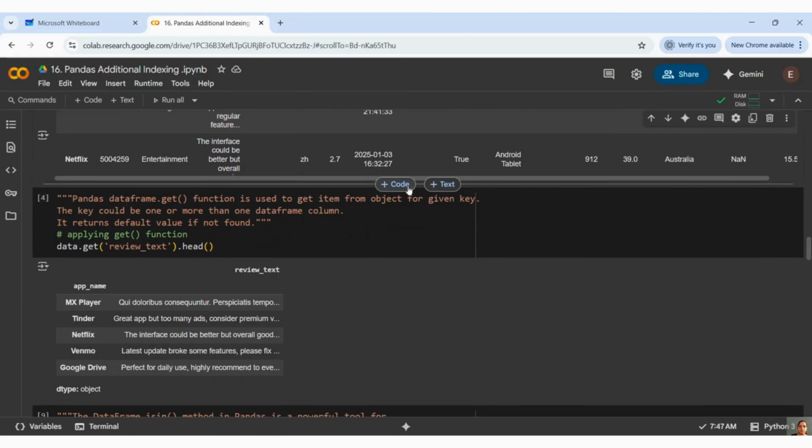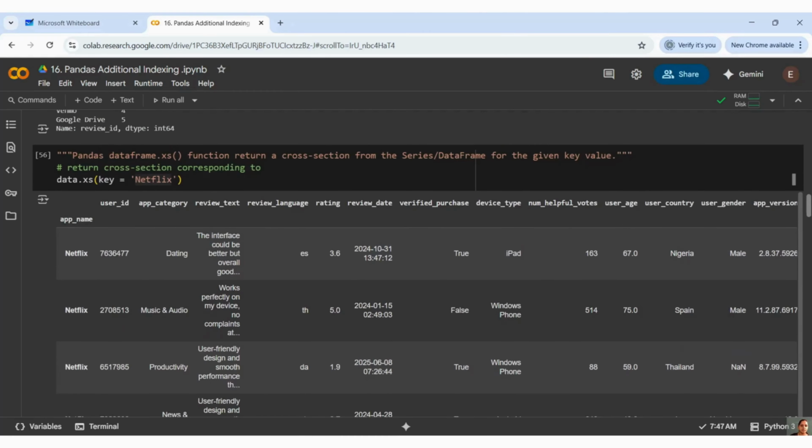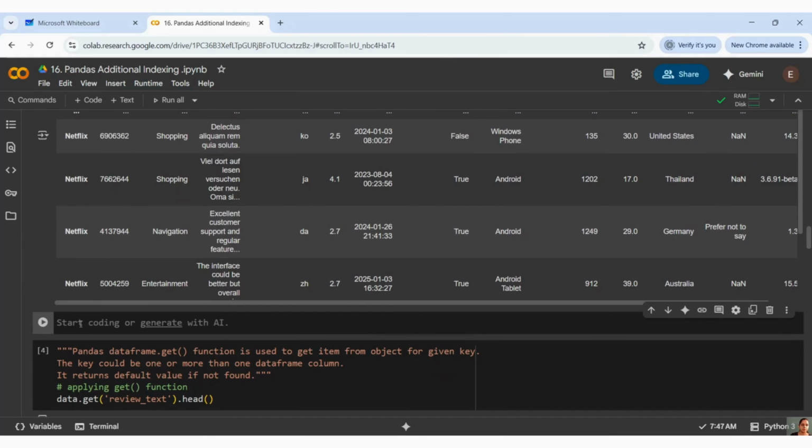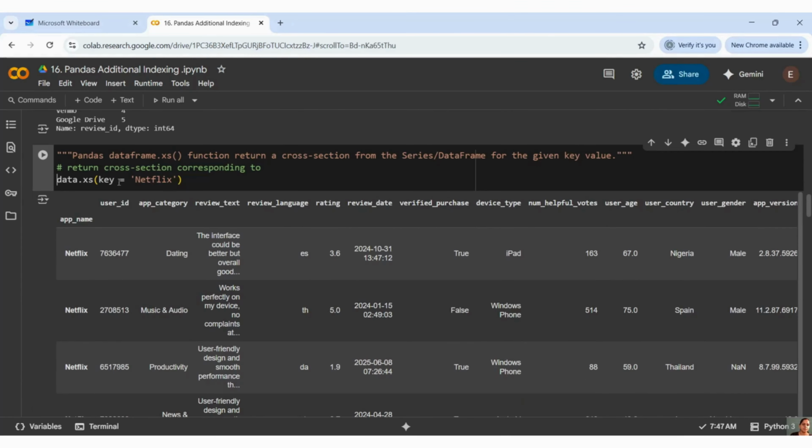If you want to know the shape, you can simply come here and assign it to some other variable, xs data.